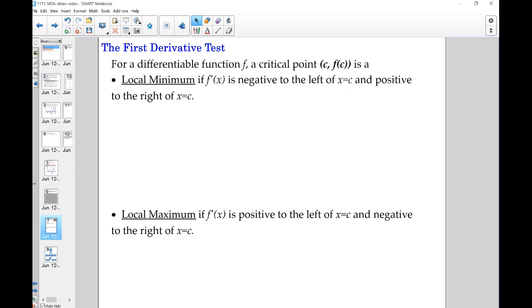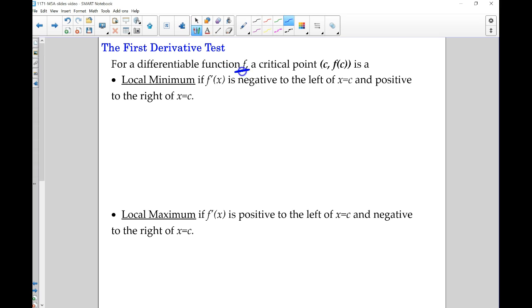This video is going to discuss the first derivative test, which is a method of classifying local extrema, and from there we can also start to identify global extrema as well. Okay, so the first derivative test is a procedure, and what it says is if we're given a differentiable function f,